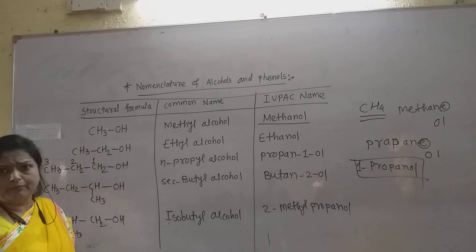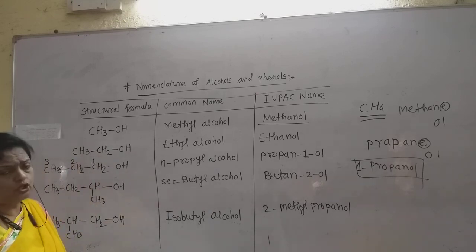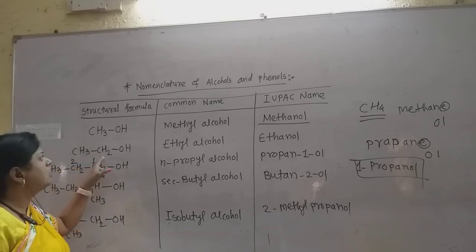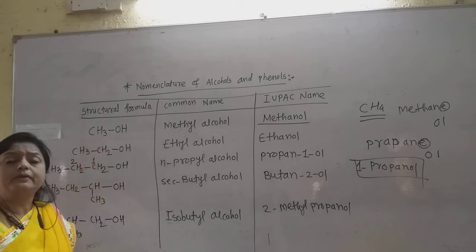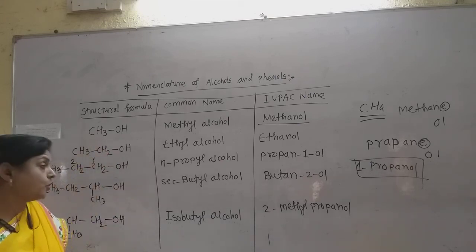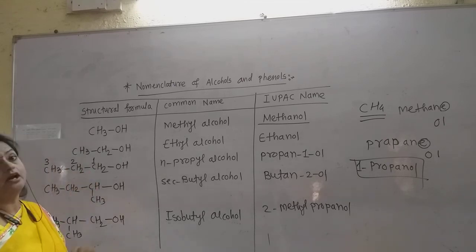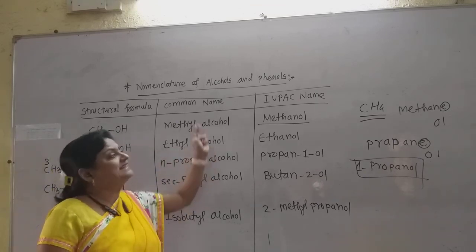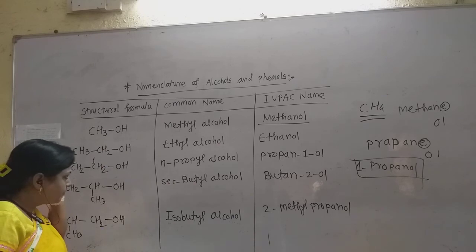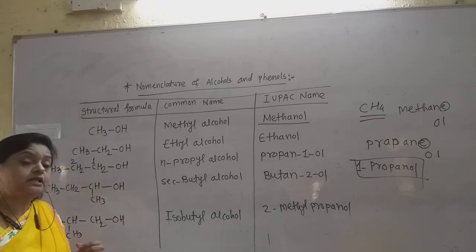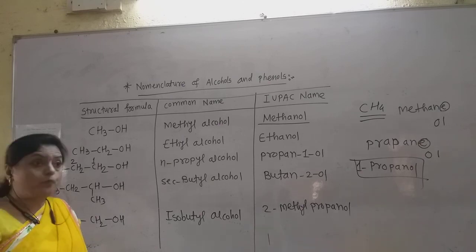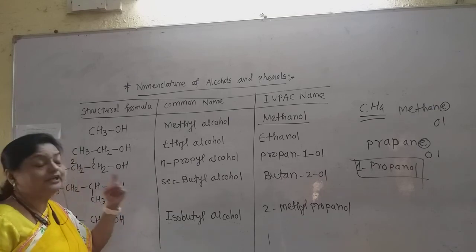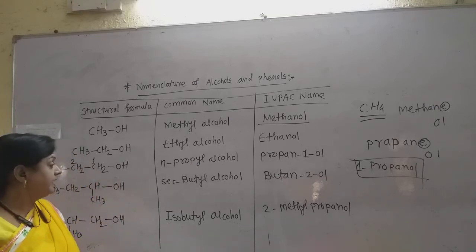Now see the second example. Here there are only 2 carbon atoms, so the number is always given from this carbon, which is carbon 1. So up to methanol and ethanol, numbering is not given. Numbering starts from the alcohol having 3 carbon atoms. So ethyl alcohol is simply given the name ethanol. But from propyl alcohol the numbering starts, because in propyl alcohol there are 2 types of alcohol, normal propyl alcohol and secondary propyl alcohol. So the numbering is important.